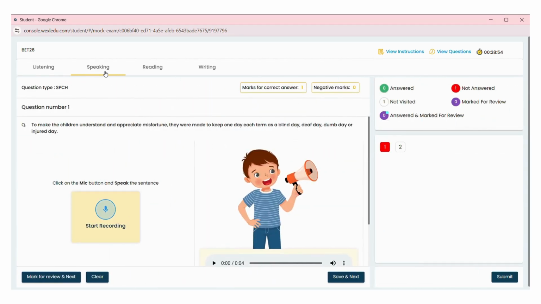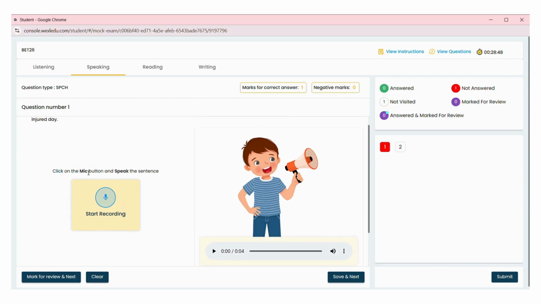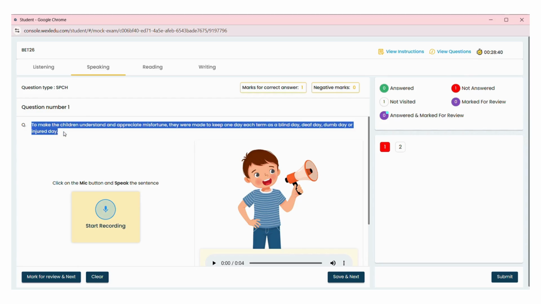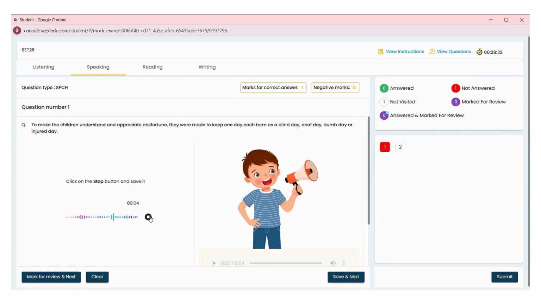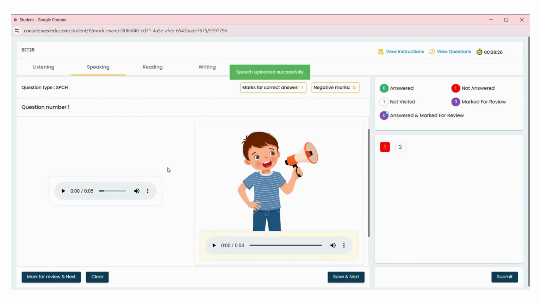And the next thing is speaking. In speaking, we'll be having an audio, and then here we have a recording option. The student needs to listen to the audio and he needs to speak this particular question. He needs to record it. To record, click on start recording, and once the student starts recording, it will be recording, and once after his recording, he can click on save to save his audio file.